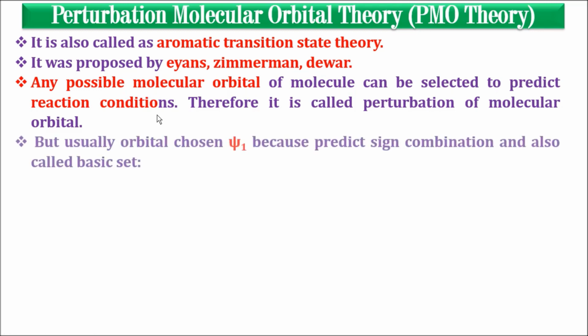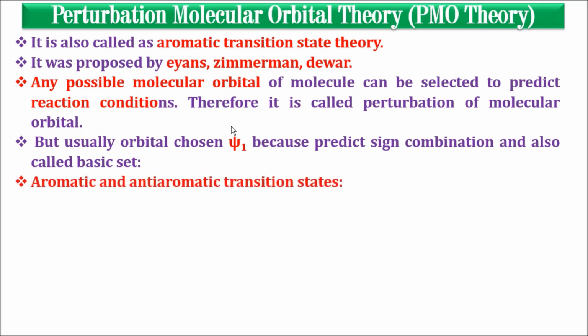But we always take the psi1 molecular orbital because it is easy to draw and to give the signs: all lobes have a plus sign at the top side and a minus sign at the bottom side. So therefore it is very easy. That's why we take the psi1 molecular orbital, and then we classify the transition states into aromatic and anti-aromatic transition states. So this theory purely concentrates on aromatic and anti-aromatic transition states. That's why it is called